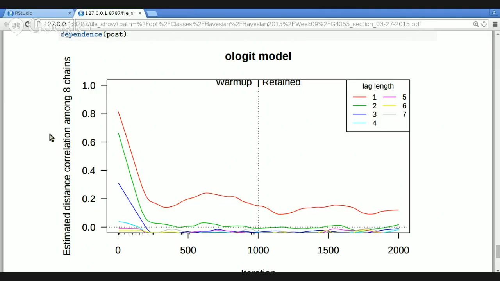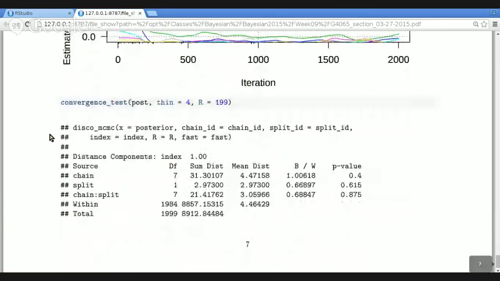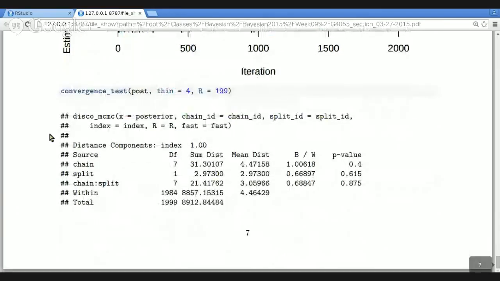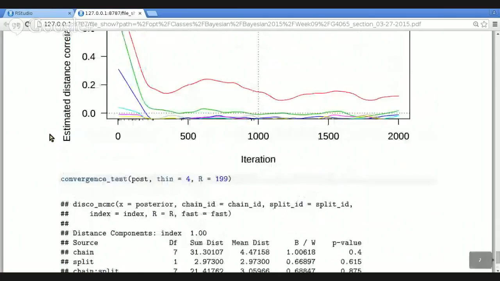So now green corresponds to 2. It gets close to 0, stays close to 0. It probably would converge to 0, but I put in 4. And we failed to reject the null hypothesis that all 8 chains have the same distribution. So this is an example